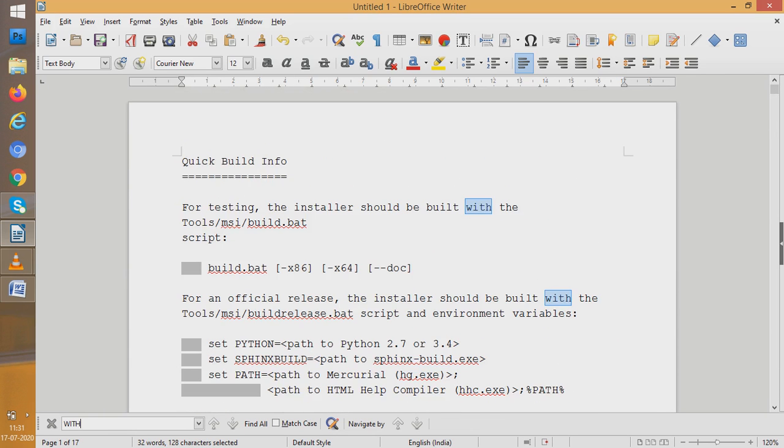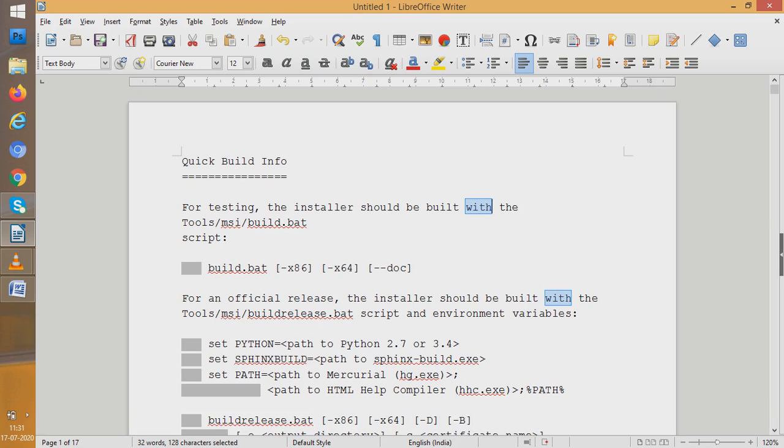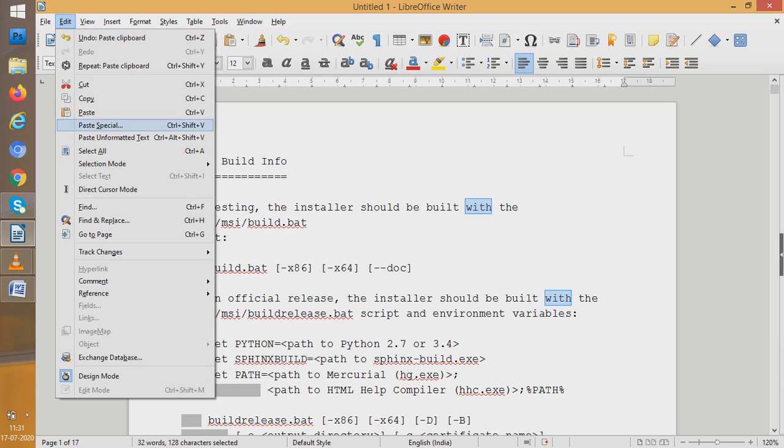Suppose I had not to write with here, I had to write without. So I need to overwrite all those with with without. Maybe by mistake I have written with, built with. Maybe we wanted to write built without, and I want that every occurrence of with should be replaced by the word without. How can it be done? So students, for that I'll close this box, again go to the Edit option, and within Edit there is a submenu option, and it is Find and Replace.